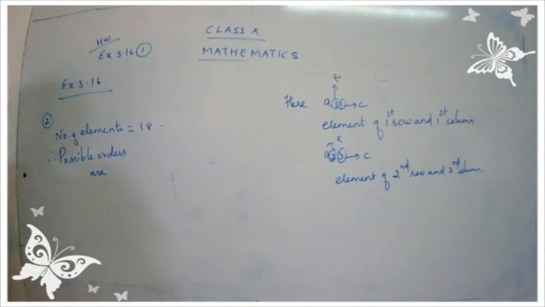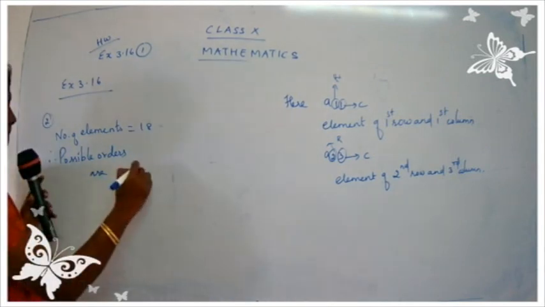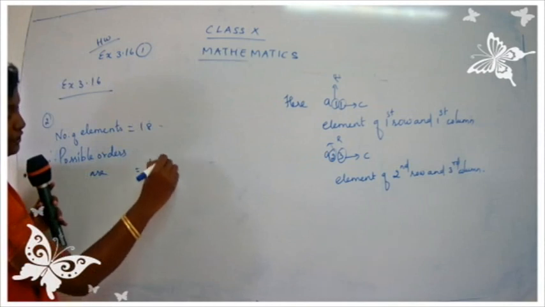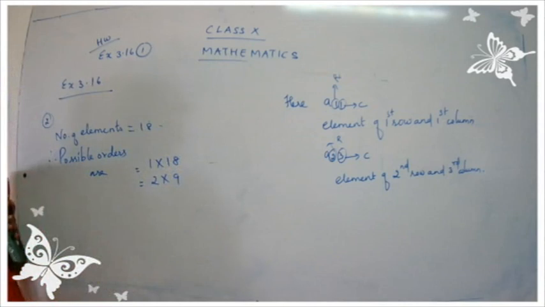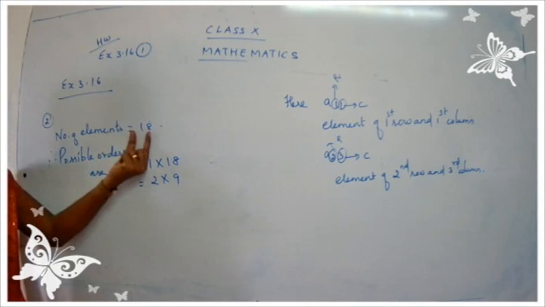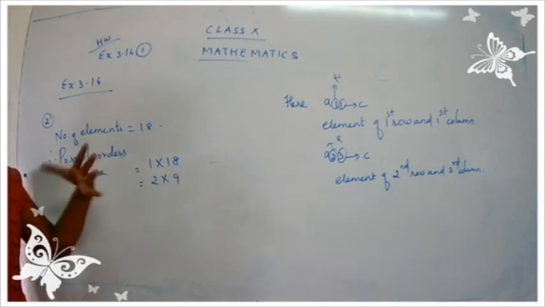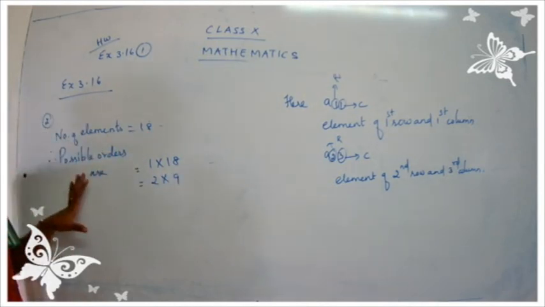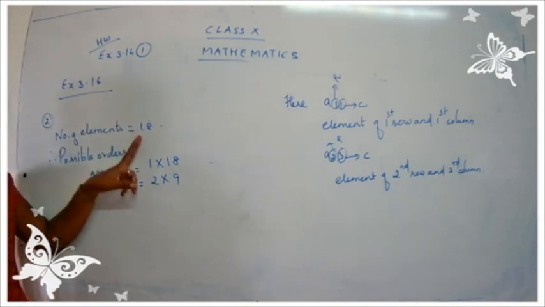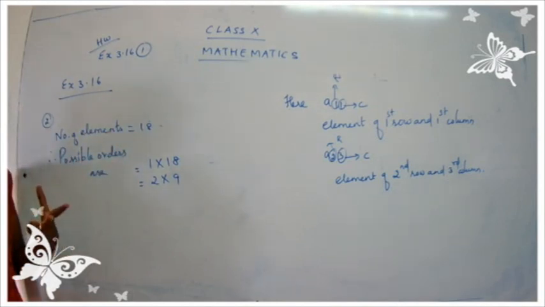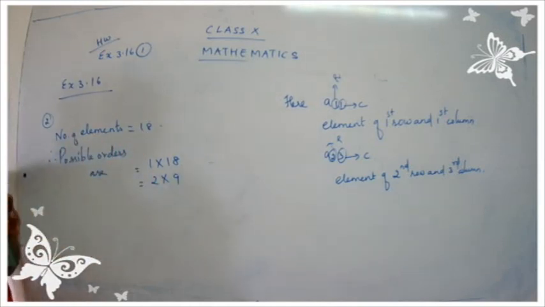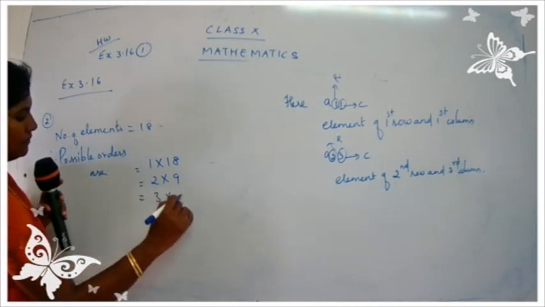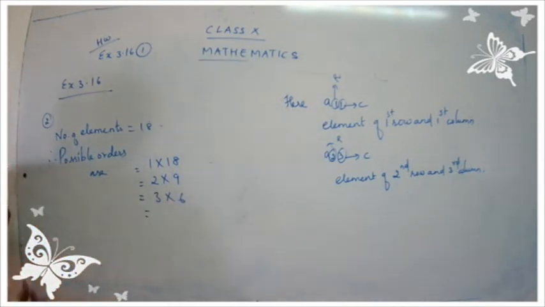You have to just use your factorization method. So this will be 18, yes children. So 1 into 18, 2 into 9. That is, you have to express 18 as a product of two numbers. That's all. Simple. Just keep in your mind, for possible orders, you are going to express the 18 as a multiple of two numbers. So 1 18s are 18, 2 9s are 18. So go in an order. So 3 6s are 18, 4 5s, 6.